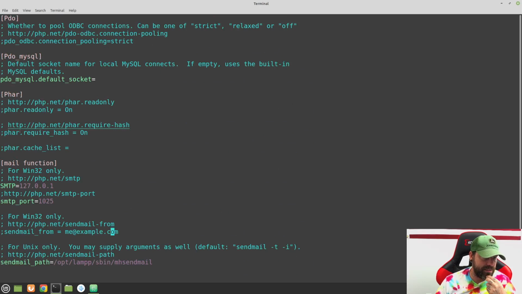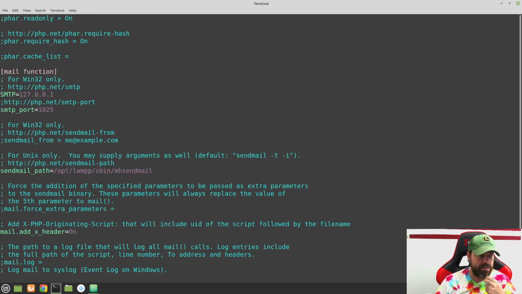And right here you can see the mail function. What we're going to do here is, you can't use your mouse, so just use your cursor and get it on the line where it says SMTP, and you're going to hit I. Just I on your keyboard, and that will put you into insert mode, and now you can type in here. Your SMTP will likely be something else, but change your SMTP settings to 127.0.0.1. And then go down a few lines, and if it's commented out with a semicolon, just go ahead and